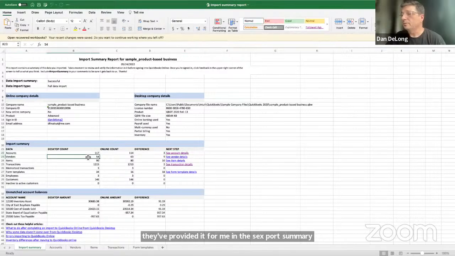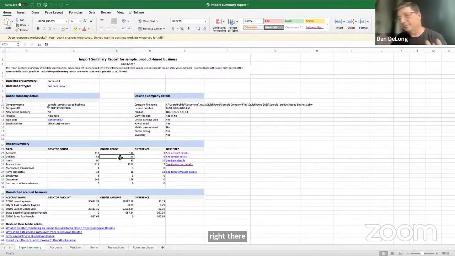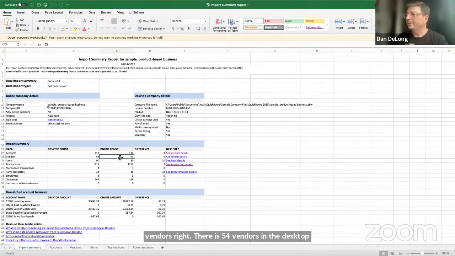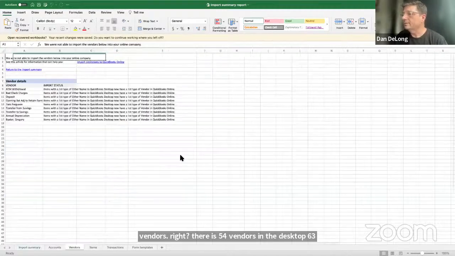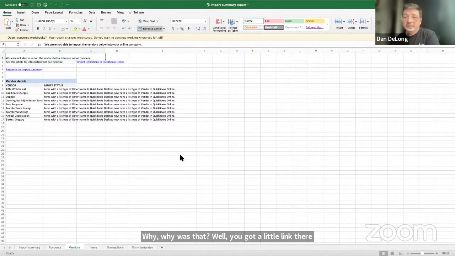Vendors, right? There's 54 vendors in the desktop, and 63 that came into QuickBooks Online. Why was that? Well, you've got a little link there to see why. There's a list inside of QuickBooks Desktop called the Other Names list, which is usually set aside for owners or names that aren't customers, vendors, or employees.